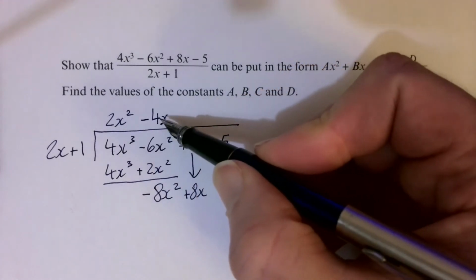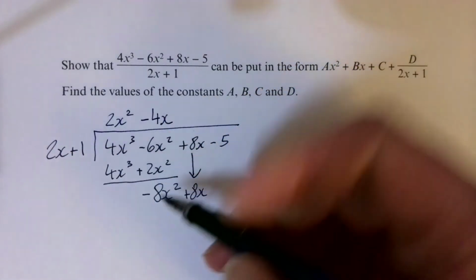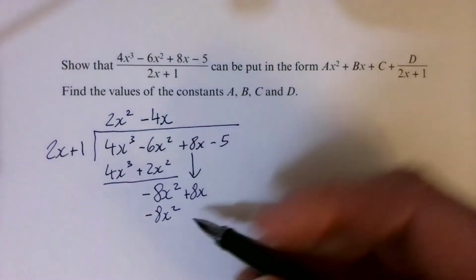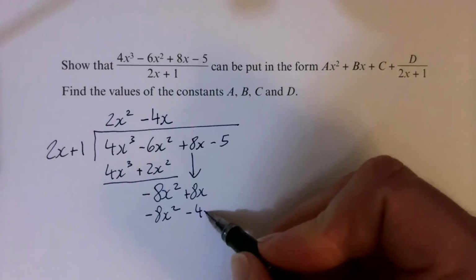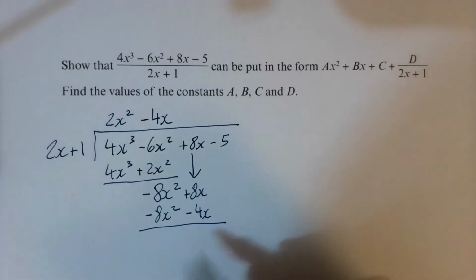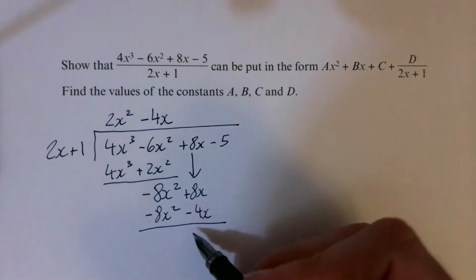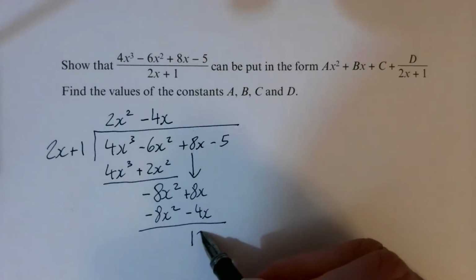When we multiply negative 4x by 2x, we get the negative 8x squared. Just to check we've done it right, negative 4x times 1 is negative 4x. Be careful at this point, because when we take a negative we add, so that's going to give us 12x